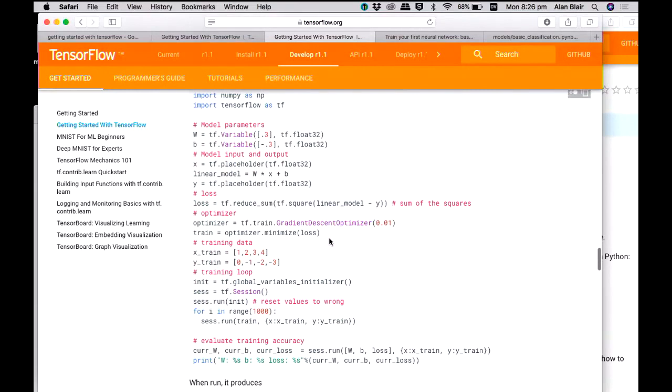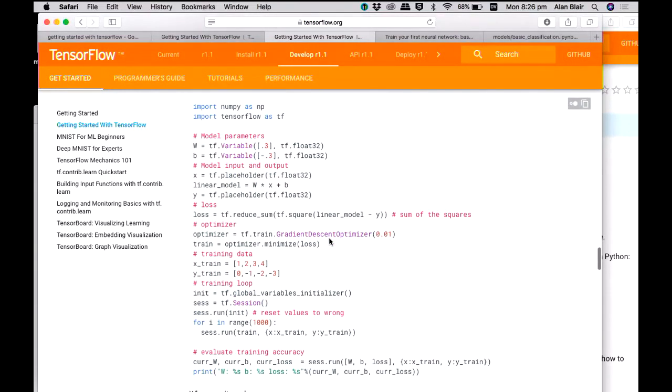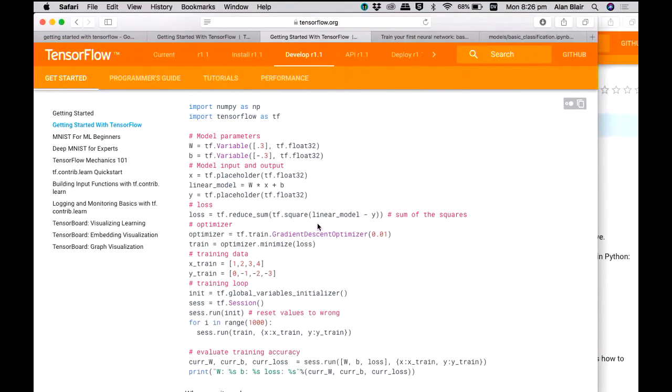And this is the TensorFlow code. So it says import numpy as np, import TensorFlow as tf. Effectively what it's trying to learn is y equals w times x plus b, and you're just trying to learn the values of w and b.